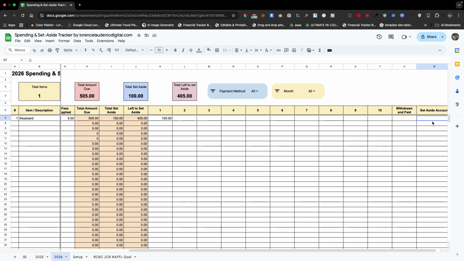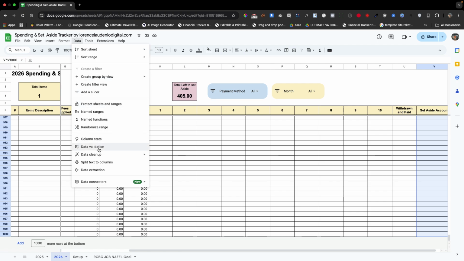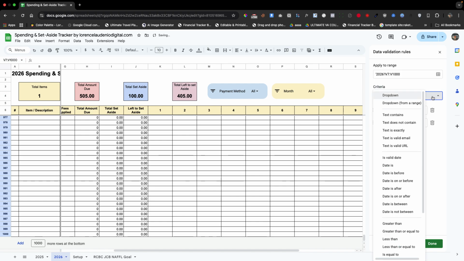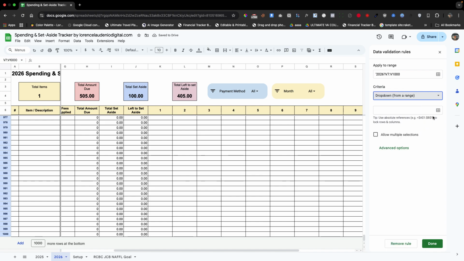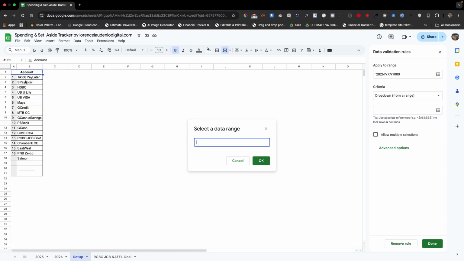I will add data validation here. I'm going to add a rule. Don't mind this, guys, I'm just fixing this tracker because we have deleted some columns. So we have here the setup.